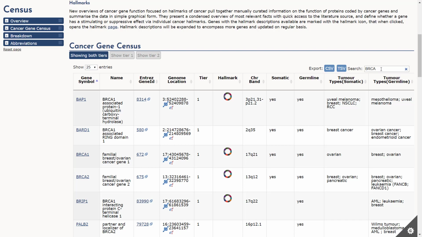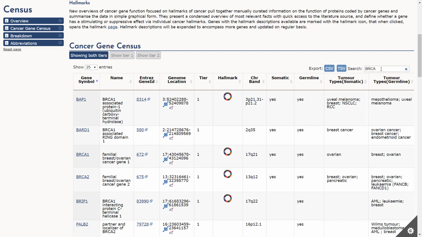By looking at the table, we can see that germline mutations were indeed reported in the BRCA genes, as well as in several other genes such as BAP1, BARD1, BRIP1, and PALB2. All these genes form the BRCA-associated genome surveillance complex, BASC. Germline mutations in BRCA1 and BRCA2 are more frequent in the population and therefore account for more predisposition cases.